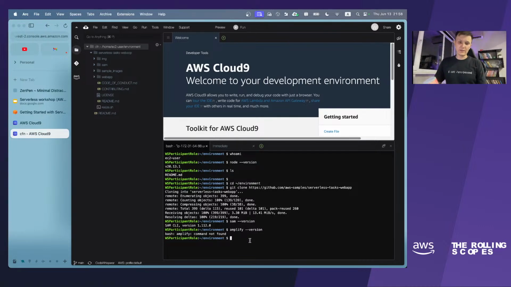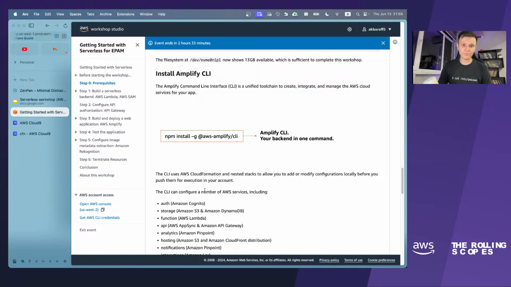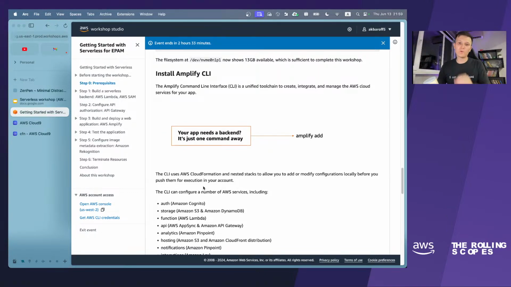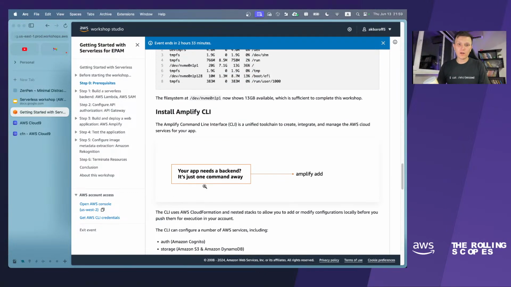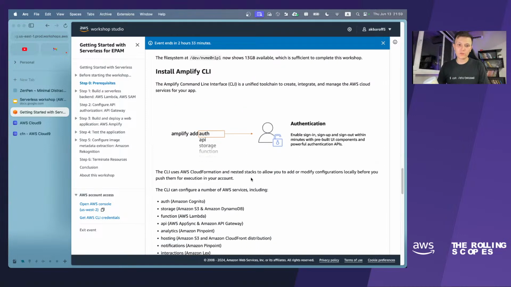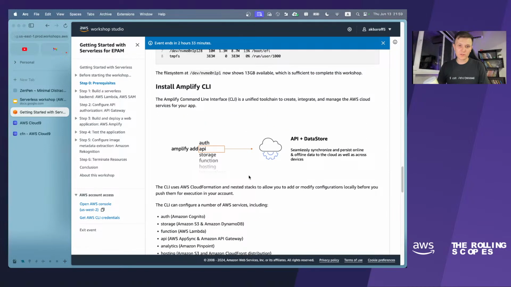Great, amplify command not found. That means that we have to install Amplify on our own, and that's great. What should we do? We have to go to the instructions, and here we have install Amplify CLI.